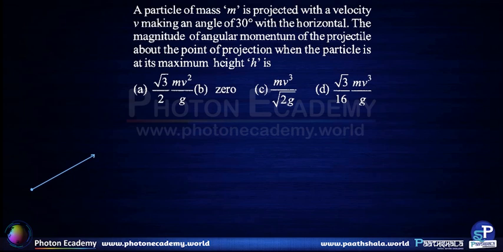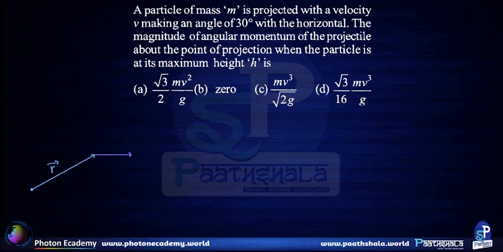vector represents its position vector and this vector represents its velocity vector. The velocity vector would definitely be horizontal at the maximum height of the projectile. So let us say this has a magnitude of r and this has a magnitude of u. What is the angular momentum? Angular momentum is defined as, say, L vector is equal to the mass times r vector cross product with u